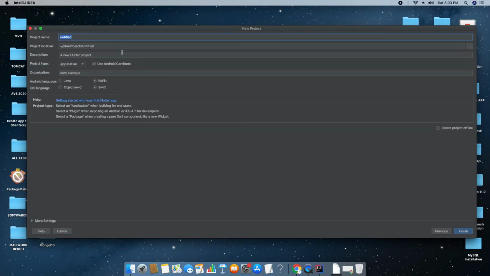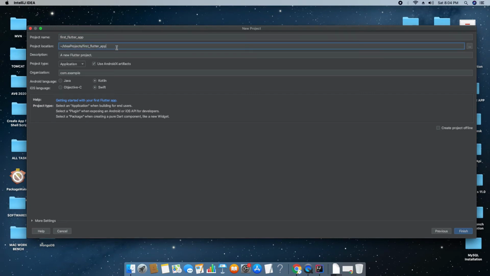Now click on Flutter on the left hand side, then this New Project window will appear. Provide the name of your first project as per your choice, but make sure not to provide any capital letters right here. This will accept only lowercase. This is the project location, which comes as a default. You can change it as well.